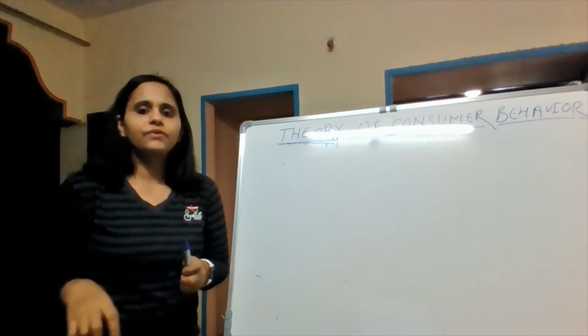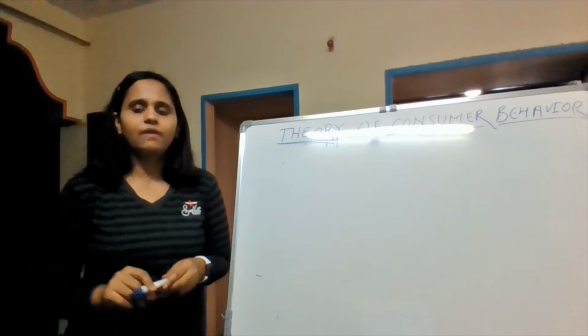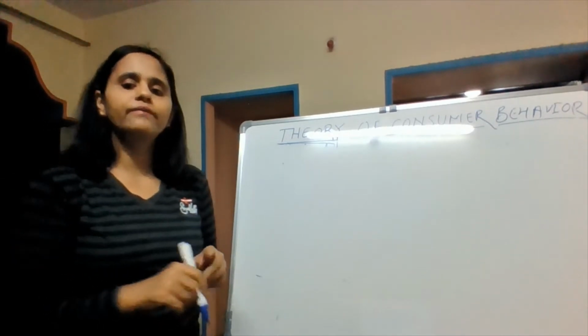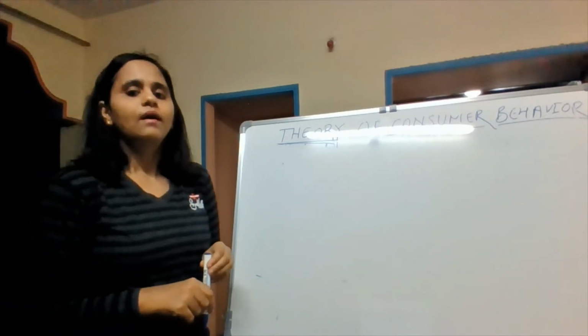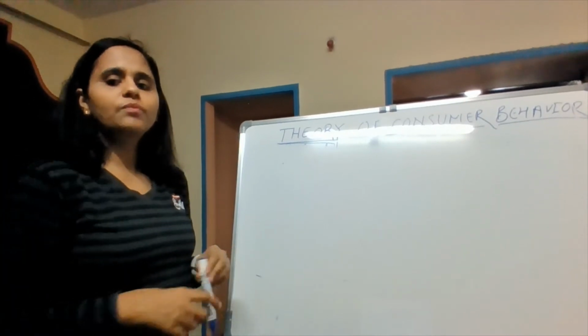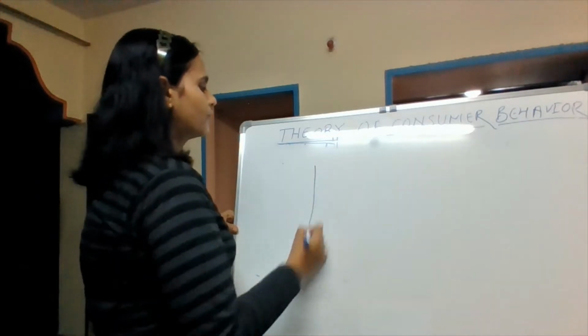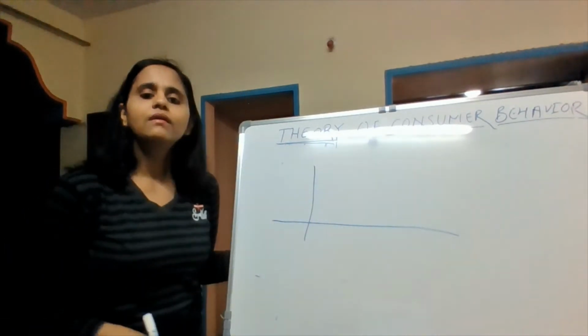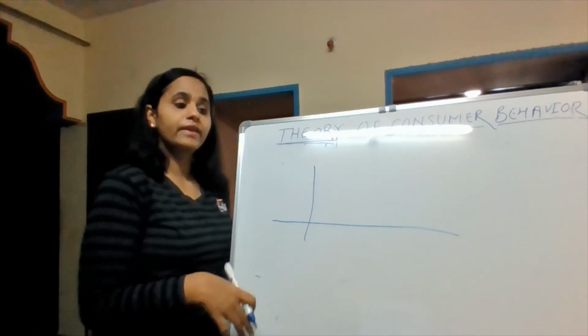Okay, now we have seen the utility function. We have seen why the utility function is convex, your indifference curve is convex to your origin. And now we will go to the properties of indifference curve. Before we understand more, we need to understand the properties of indifference curve, which are very important.